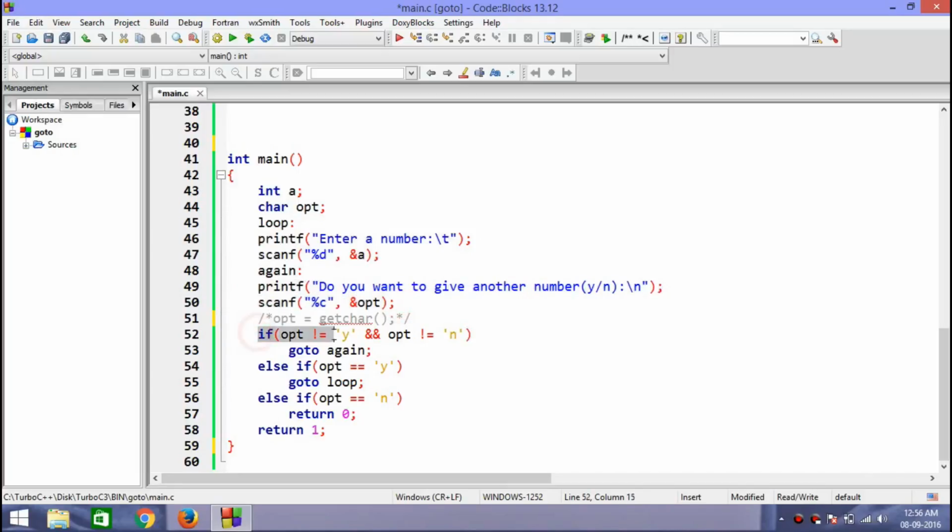If the answer is neither Y nor N, then the control will jump to again and it will again ask the user, do you want to give another number, yes or no? It will again scan the input and it will again check these. This time let's say the user entered Y, so this condition becomes true and the control will jump to loop, this label. If the user entered Y, which means that the user wants to give another number, so